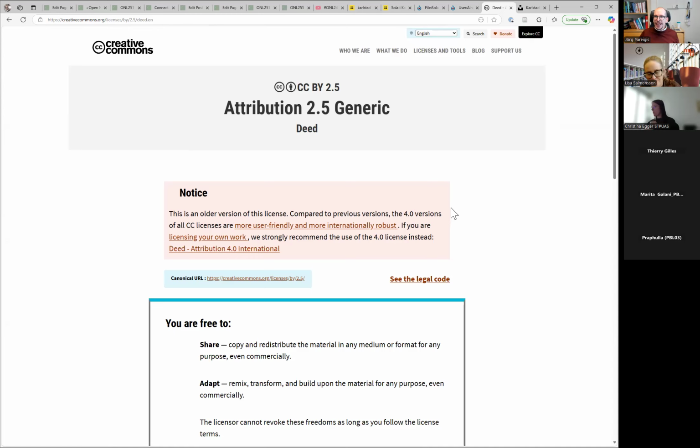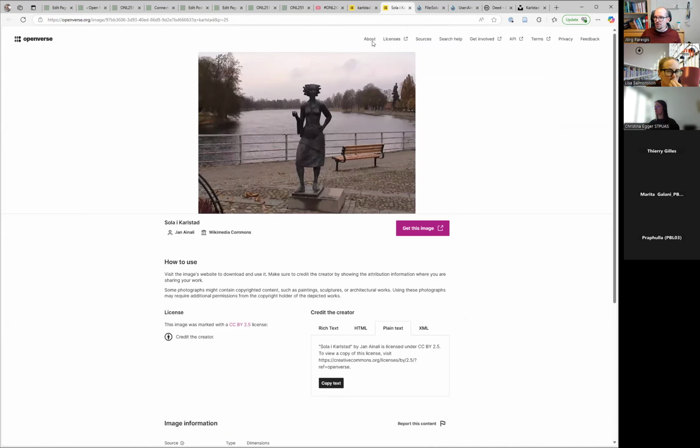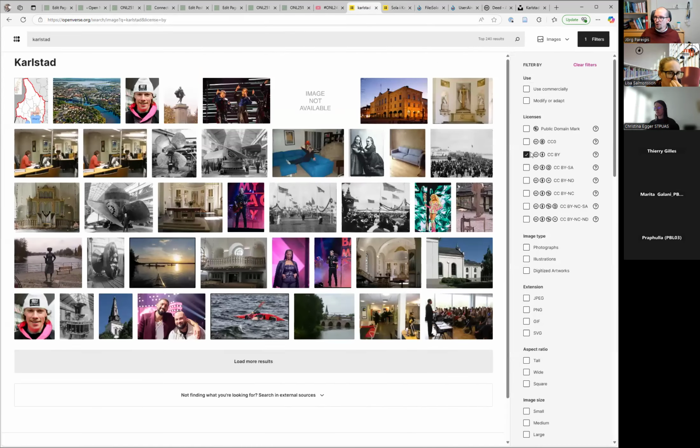And the third language behind the Creative Commons licenses, which enables us to do stuff like this, the automatic filtering, is a computer readable version of it as well. If you upload a picture on Wikimedia, on Pexels, on Flickr, or if you upload your video on YouTube and tag it with a Creative Commons license, it's machine readable as well.